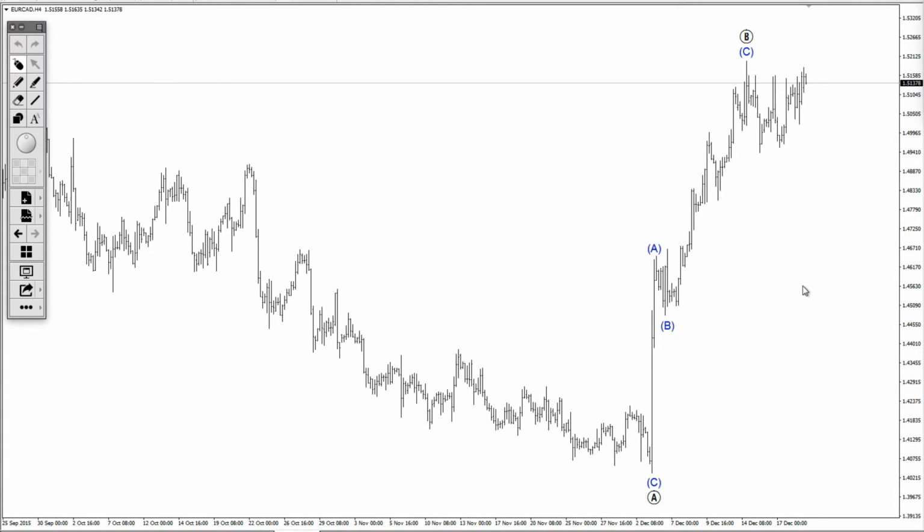This is unprecedented that there are negative interest rates, and even that we are seeing these rates decline further and further into negative territory. So the catalyst for this 1000 pip move was the ECB release, dated just as this move started, and in my opinion this is an ABC structure forming minor wave B within a larger triangle. So next move, a larger move, we should expect to be to the downside, but the